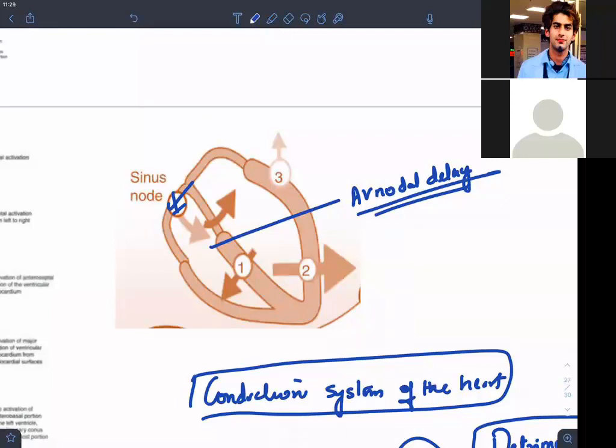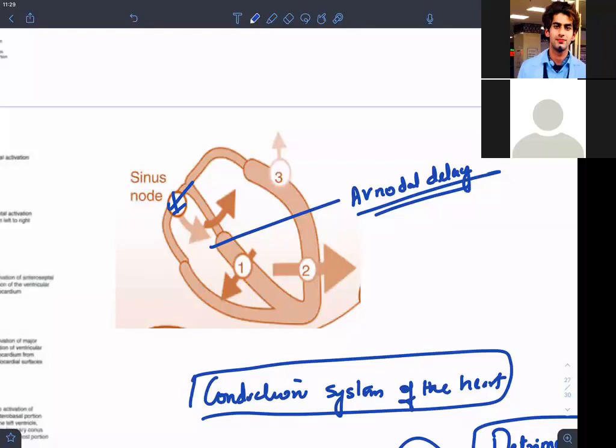That's a beautiful thing. Atrial depolarization should happen before the ventricular depolarization so that atria can fill all the blood into the ventricle, so that an adequate ventricular filling is happening, an adequate end diastolic volume is being produced, and an adequate stroke volume is being provided to the systemic vasculature.